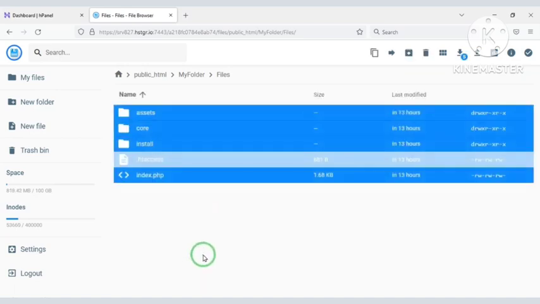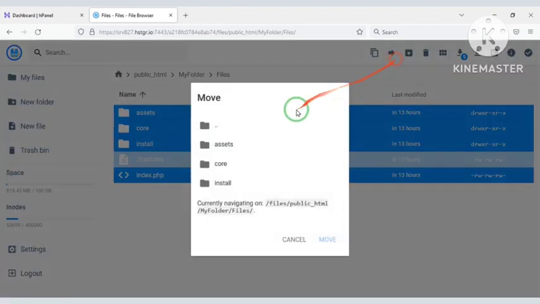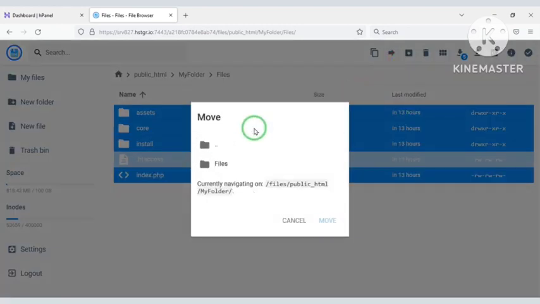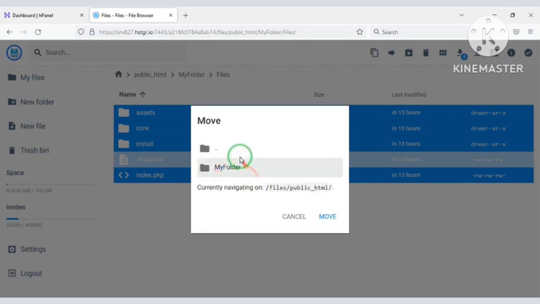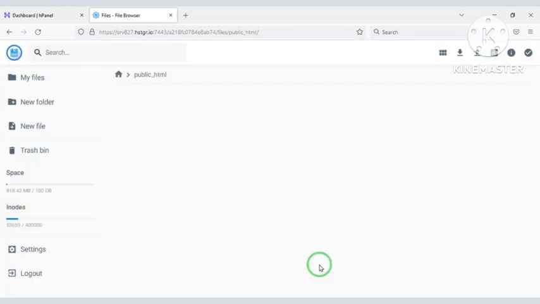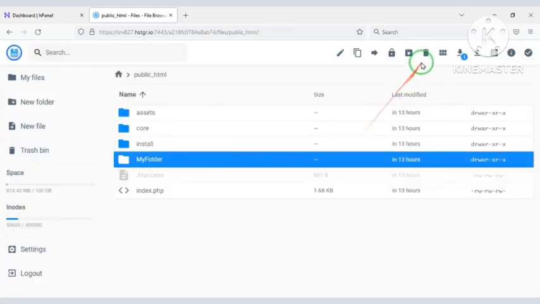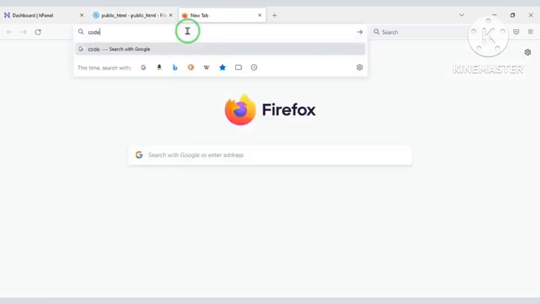Now we need to select all these files. We will then move these files to the public HTML folder. Then delete this folder. Now we will search by typing our domain in the browser.